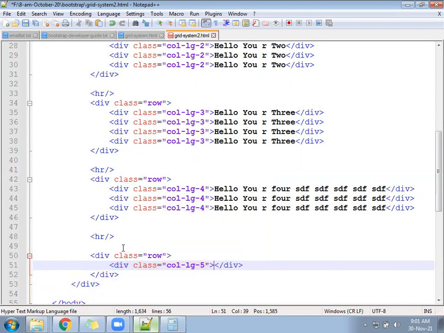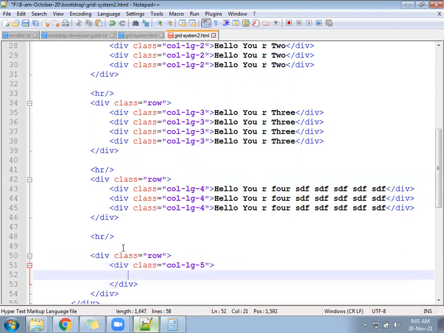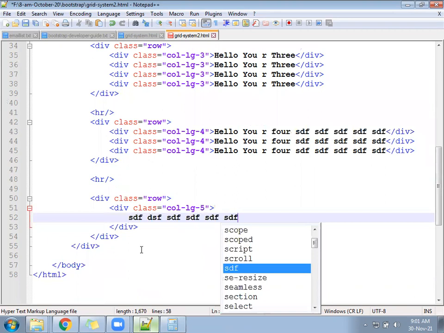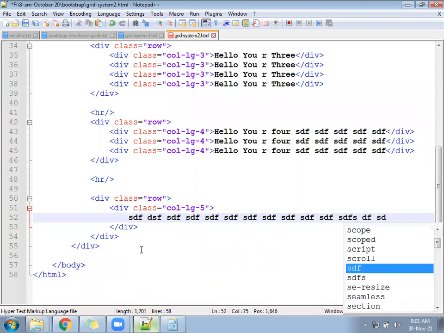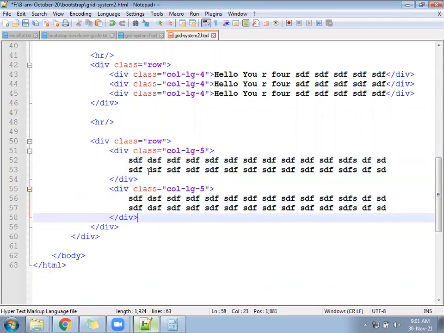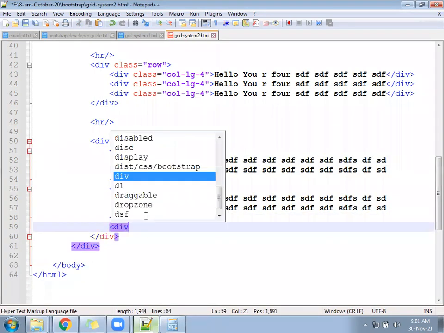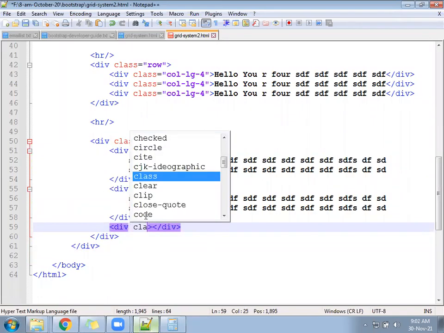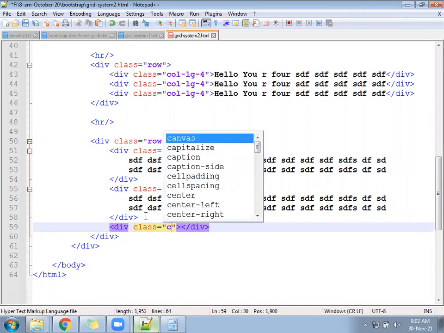So how many columns will it generate? 5, one more 5, and the remaining is how many? 5 plus 5 is 10. The remaining space is how many? 2 only.